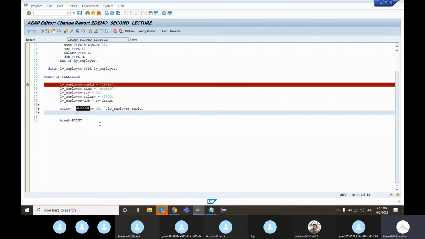If I want to print the next field on a new line, I'm going to use a forward slash, followed by name, employee name. We are trying to print employee name.